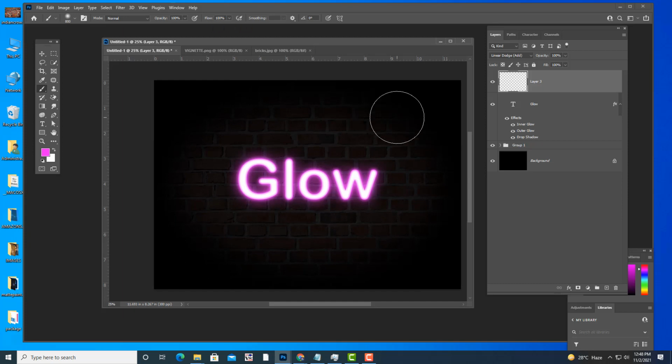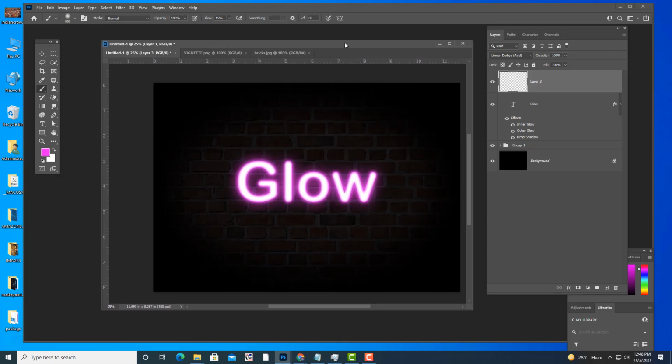Flow is like brush power. If flow is 100%, the brush has a lot of power. But we don't want 100% power, we will reduce the power of the brush. I will make it somewhere around 15%. 15% is okay.